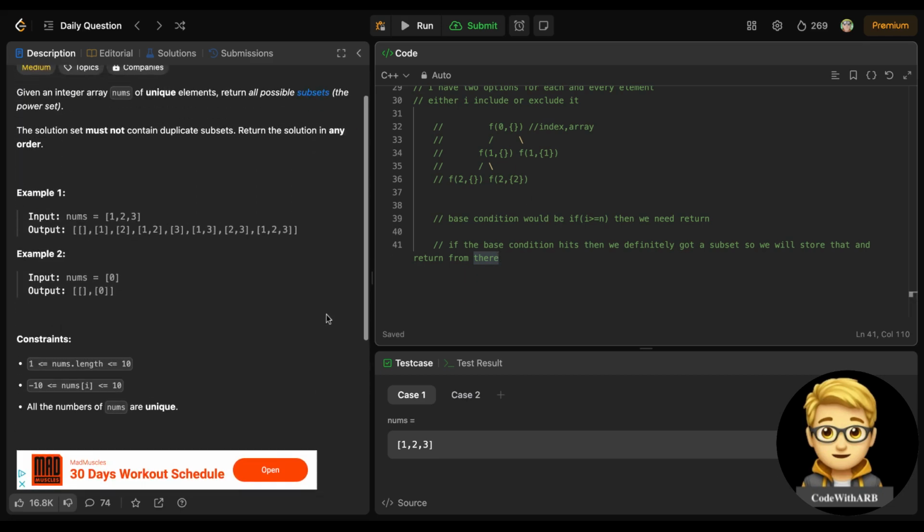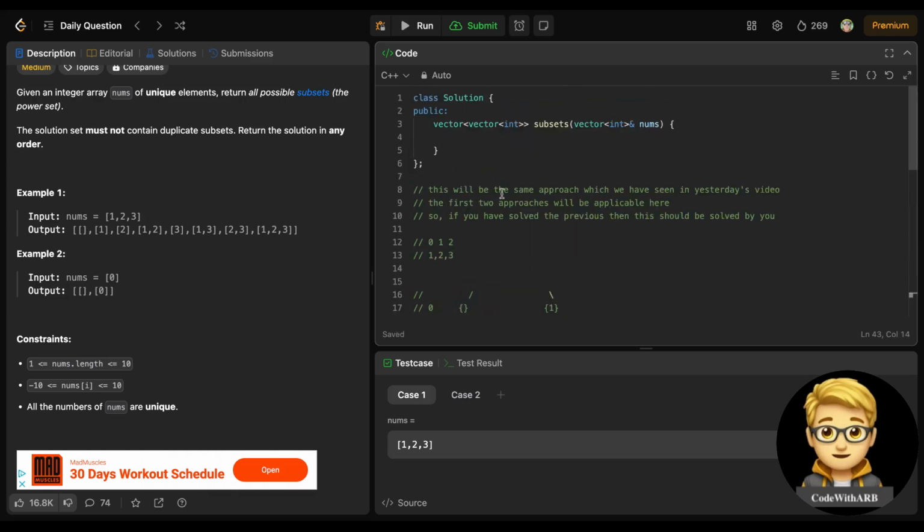So if you see, here the nums dot length is up to 10, so 2 to the power 10, and for each element I have two options. So there will be 2 to the power n time complexity. And for storing this subset, I need an extra array for every point, so that will be again times n. 2 to the power 10 is 1024 and this is 10, so it is not much time complexity. So this can be possible, right. We will come to this, but let's start implementation so that you can easily understand it.